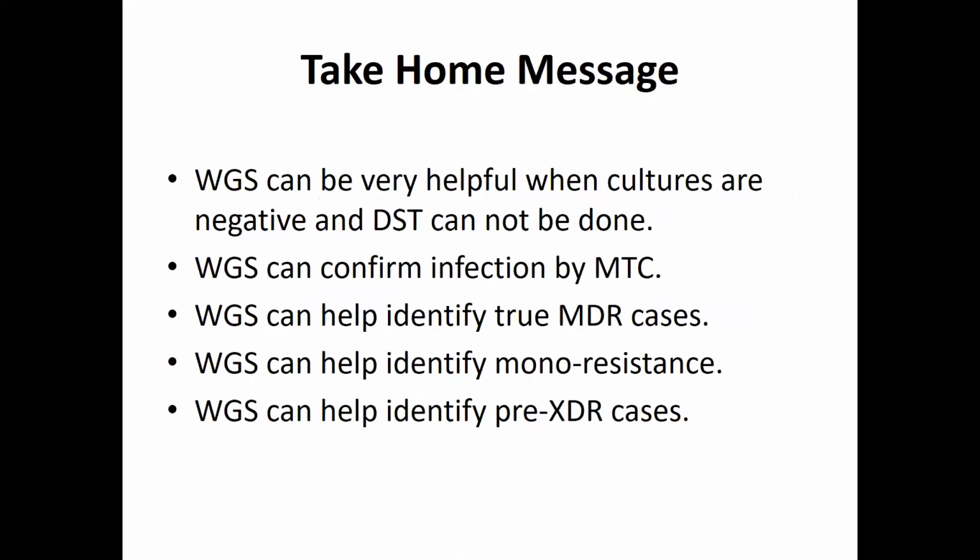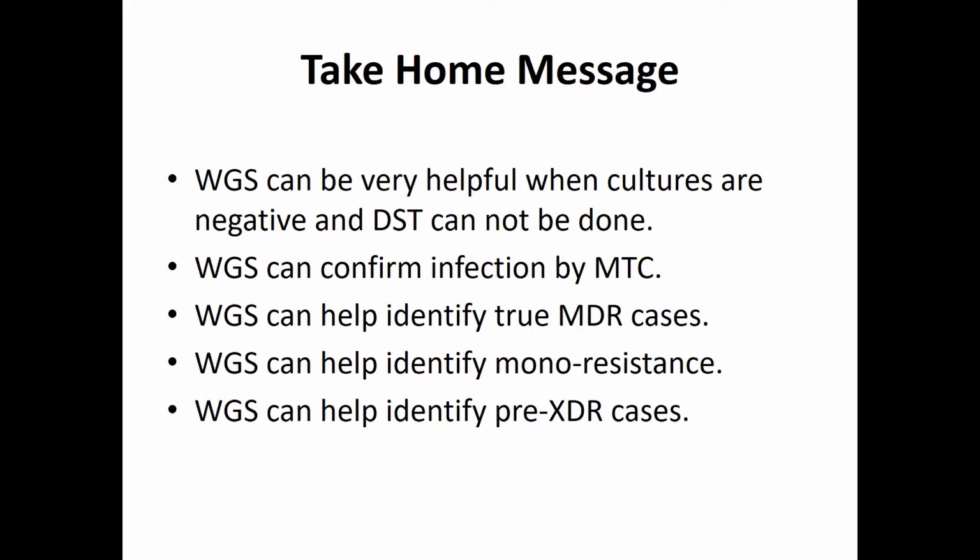The take-home message is that whole genome sequencing can be very helpful when you don't have a culture isolate for identification or DST. Whole genome sequencing can confirm infection by Mycobacterium tuberculosis complex, even when the GeneXpert fails. Whole genome sequencing can help identify true MDRs. Monoresistance can be identified, MDRs can be identified,